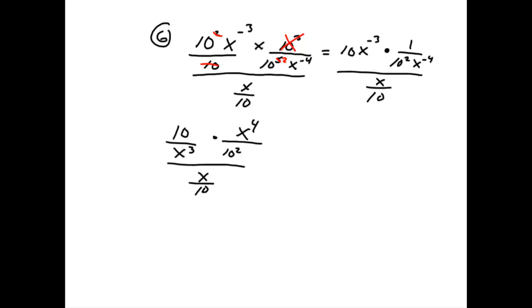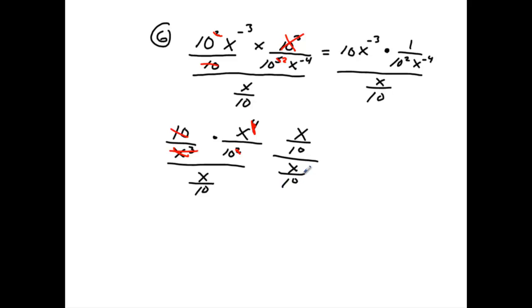So now, let's see what we cancel. We're multiplying. So when I multiply, the 10 is going to cancel out, and it leaves me 1 in the denominator. I get a 4 exponent here and a 3 here. This will cancel out, and that leaves me a 1 in the top. So now, look what I have. I have x over 10 divided by x